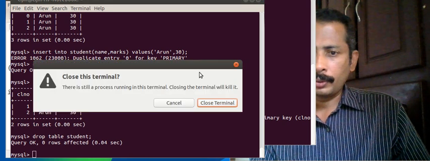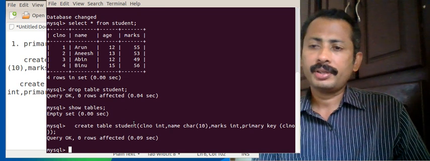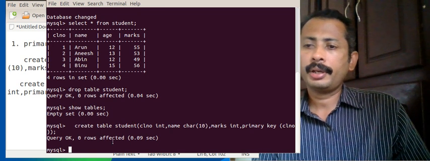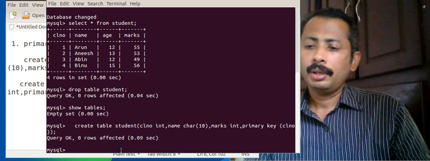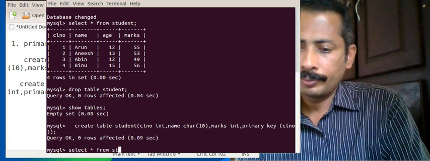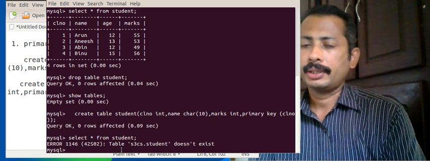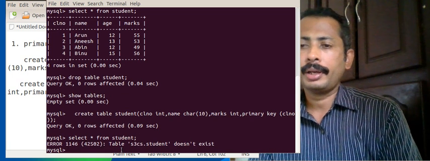Let me close one. Okay, so this is our interface. Show tables, create table. We have one table here. We'll try to select it. Select star from student. Okay, does not exist. So we have dropped the table student.